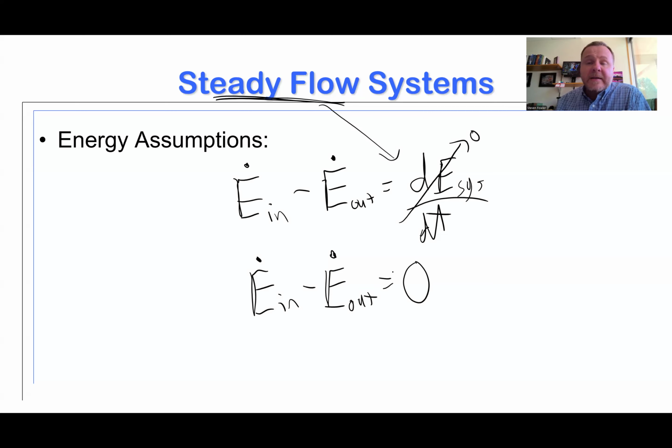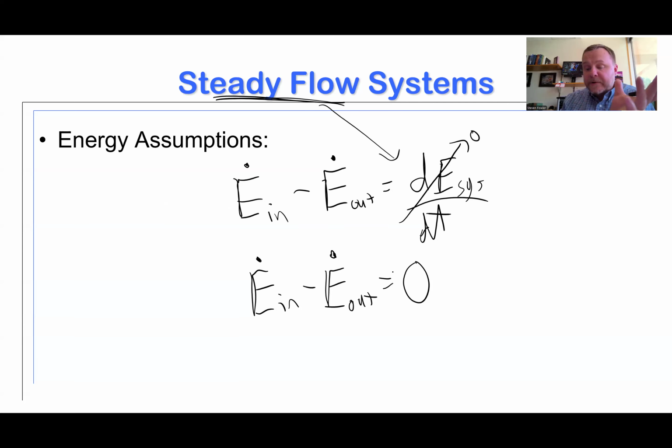But if I've got a steady flow scenario, in some textbooks they'll call it steady state. It's a very common term. If you talk to engineers my age or older, we probably learned it as steady state. Steady flow is another way of saying the same thing. Your physicists and your scientists might call it equilibrium, and we're basically saying the same thing. We're saying a situation where nothing's changing over time. It stabilizes over time so that all the d/dts go to zero.